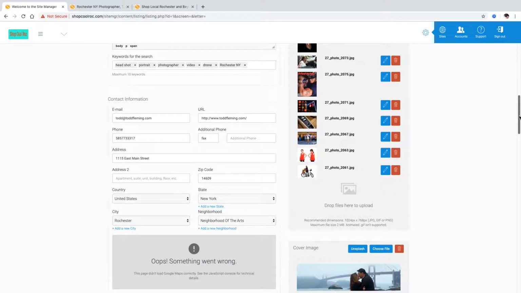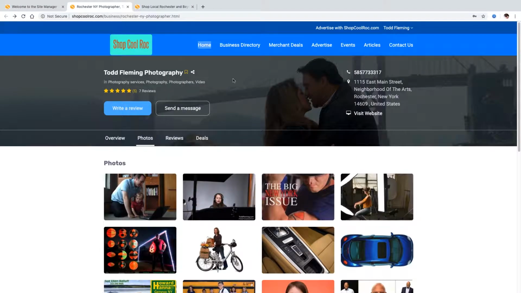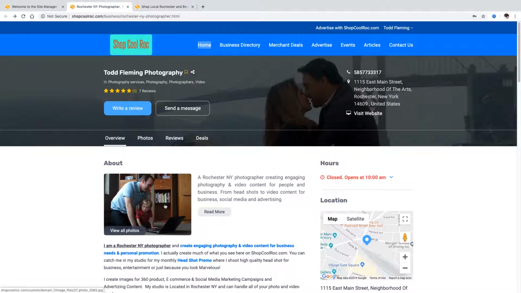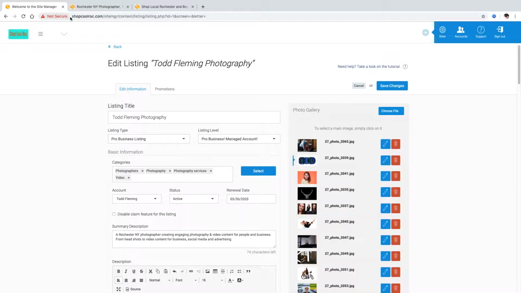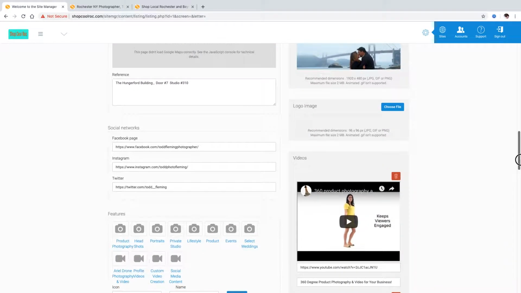If you want to change the image that represents you, you would just move this to there. So you can see the image that represents my ad page is that right here. So if I want to change it to something else, you just click on that photo and it moves to that photo. And that's as simple as that. And as far as